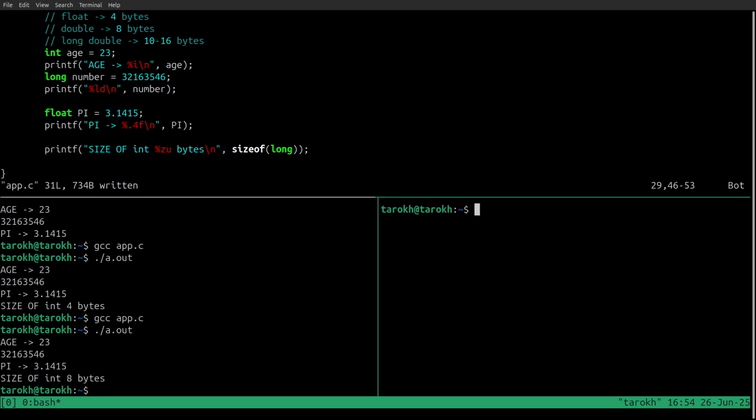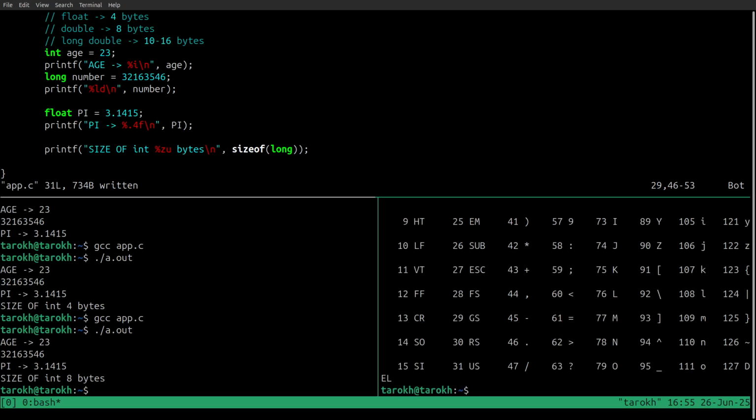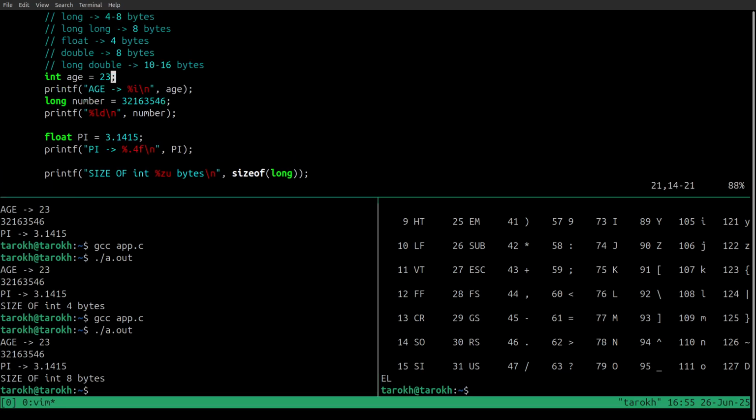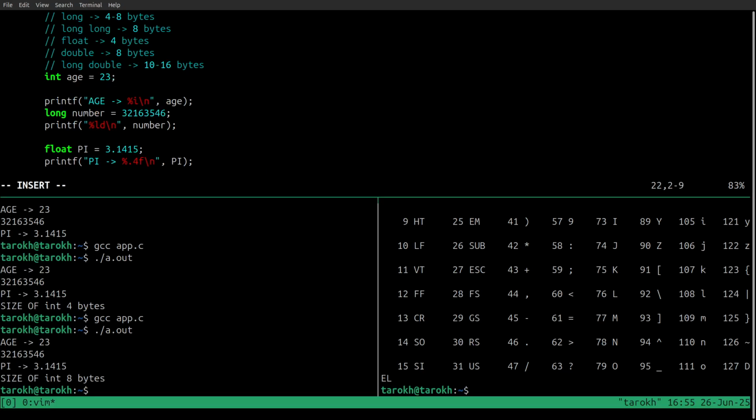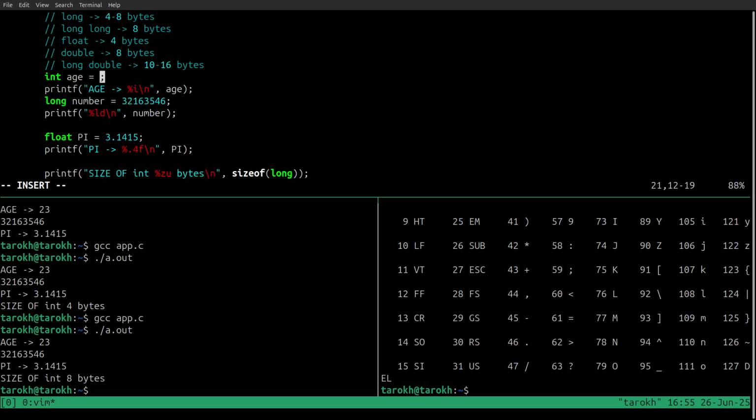So also another thing I'm going to show you is the ASCII table, for example, number, I don't know, 60 for example. So here is why a type specifier is important. For example, now if age is 60,